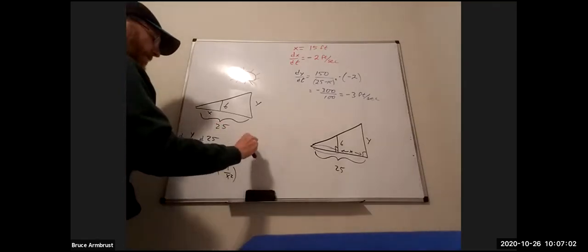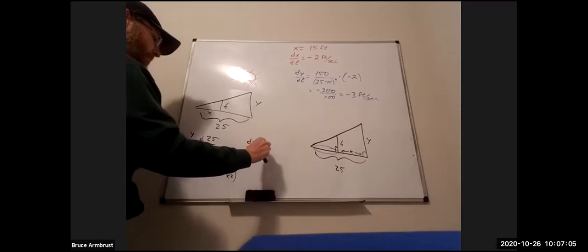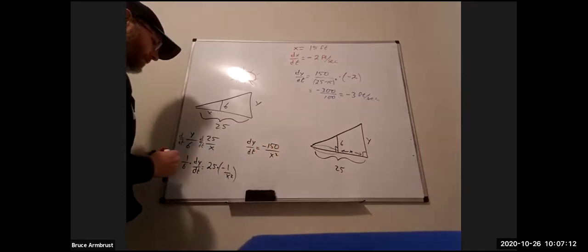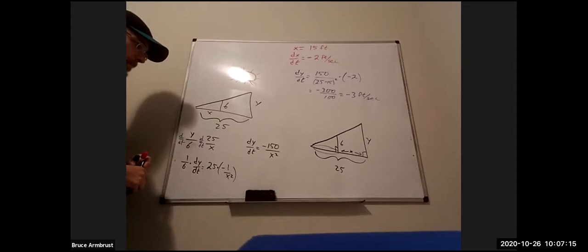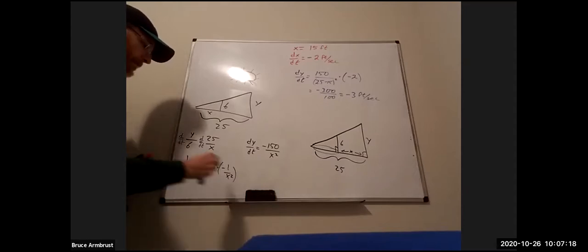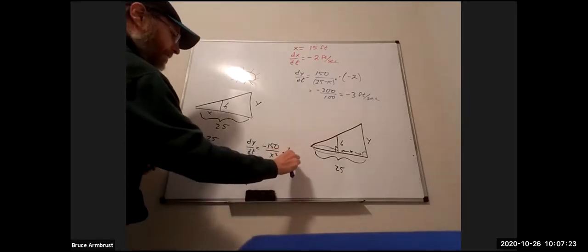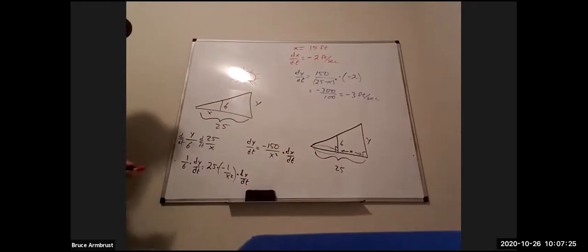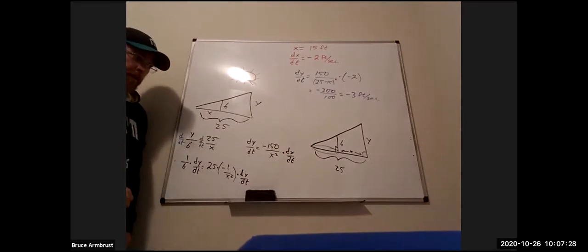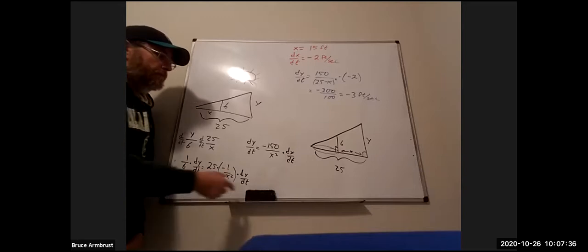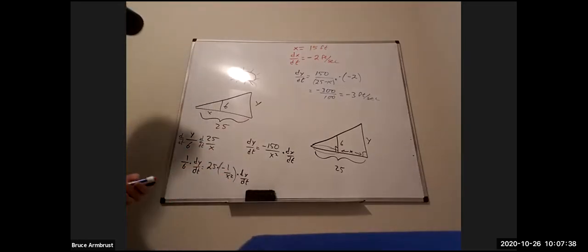So this would have given us dy dt equals minus 150 over x squared. Oh, sorry, times dx dt. Forgot the most important part. So the derivative looks a little bit different because it's structured a little bit differently. But now for ours, the numbers we would have plugged in